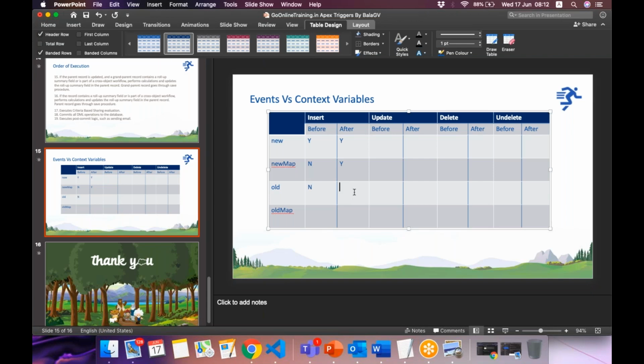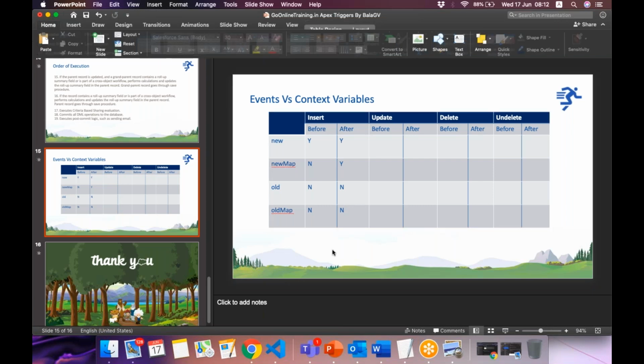Old map, no. Because old will not have the older version of the data when the user creates the record for the first time, right? When insert, insert means new version, always new version. So the user enters a new value, so there is no scope of old version, right? So that's why these both are no.